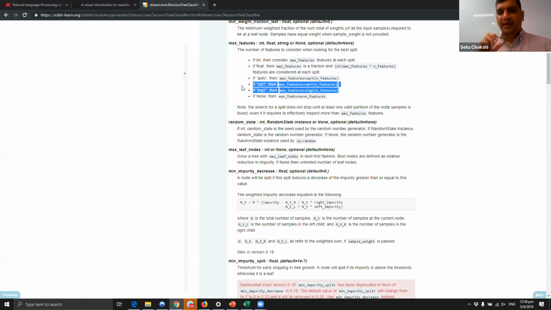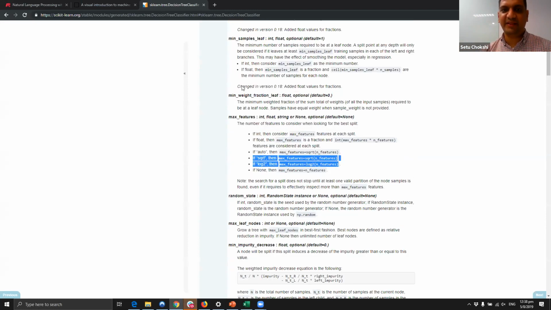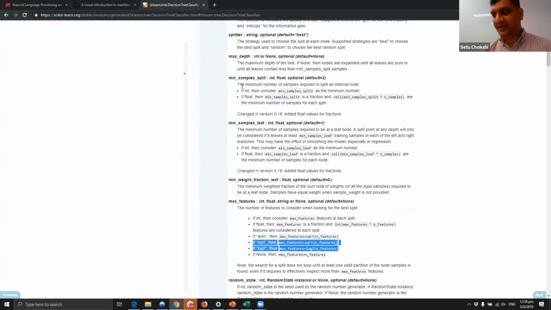Does this give you a good flavor of how a decision tree is built? Do you understand now all the attributes that go in there, and now you can make judicious decisions about it? Or do you want me to repeat any of these ideas that are not clear? Type your message on Slack. I'll just wait for it. Looks like all good.